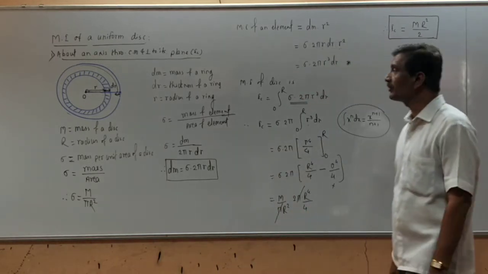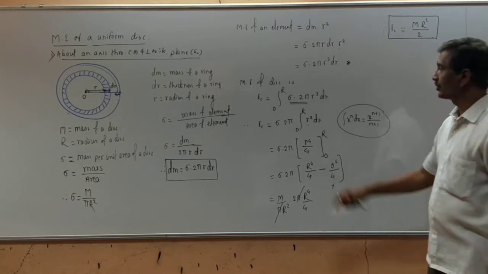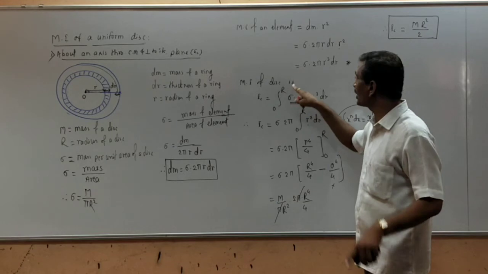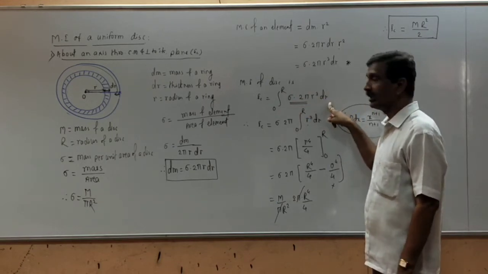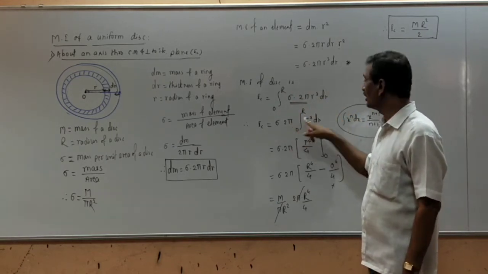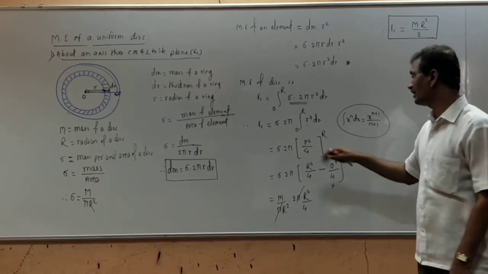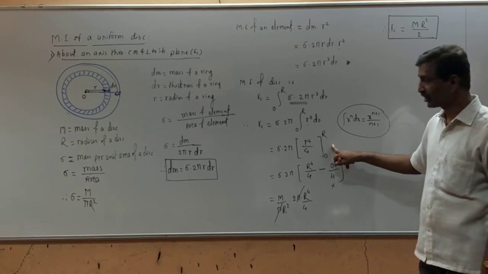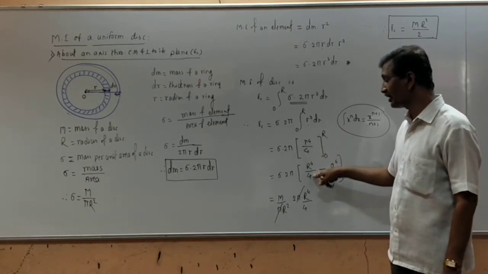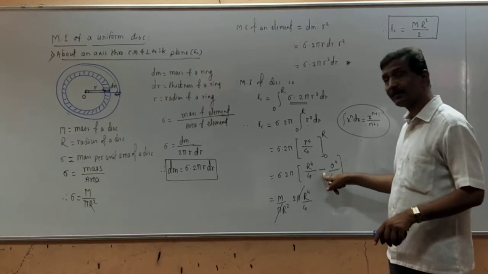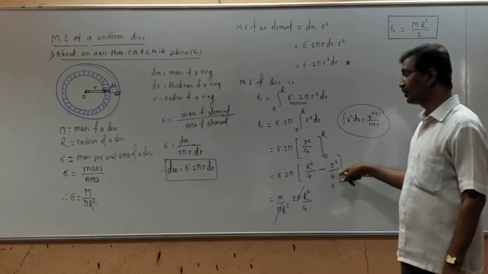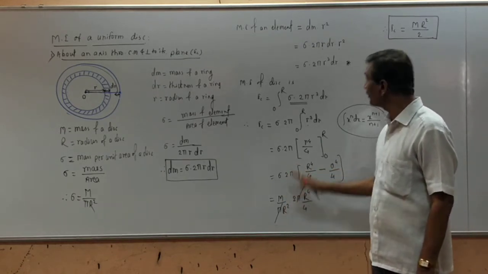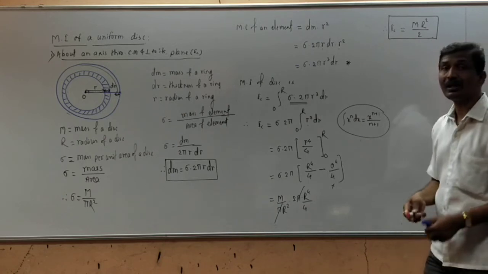So for addition here we use the method of integration, limit from 0 to capital R of the moment of inertia of the element. Take sigma 2 pi outside the integration. Integration of r cube dr from this formula is r raised to 4 upon 4. Apply the fundamental theorem of definite integration, that is put small r equal to capital R, that is the upper limit first, then minus, put small r equal to 0, that is the lower limit. So this second term is 0. Put the value of sigma. After simplification we get IC is MR square by 2.